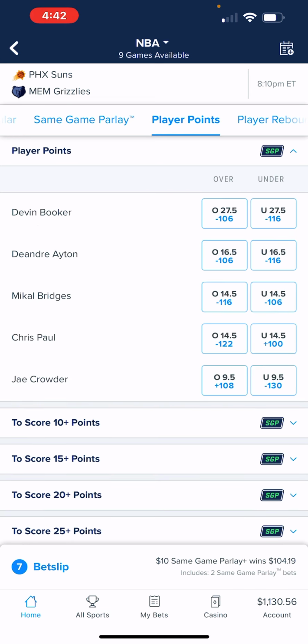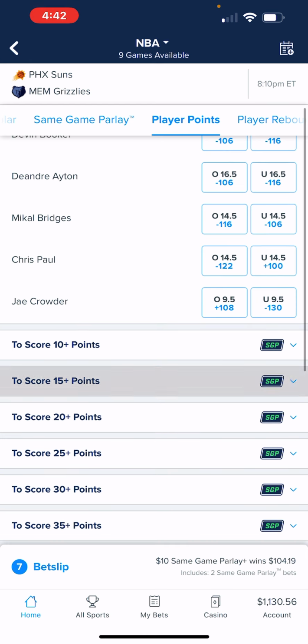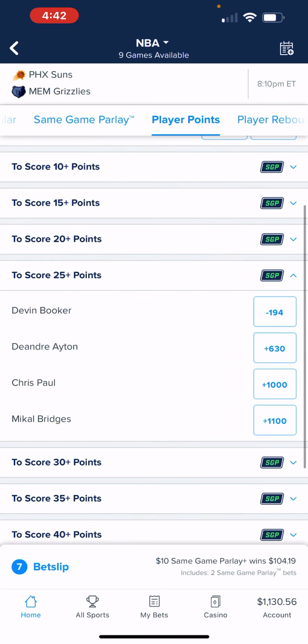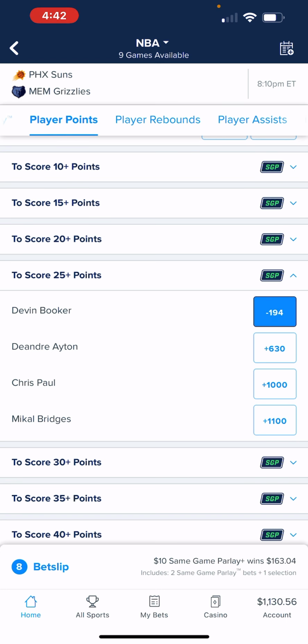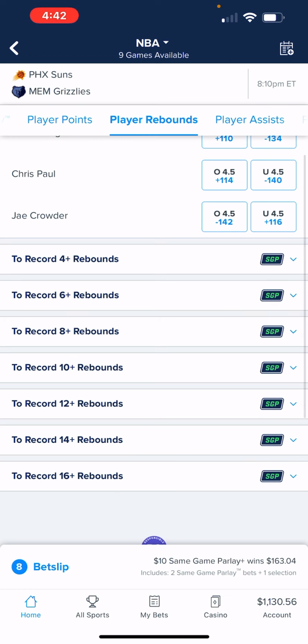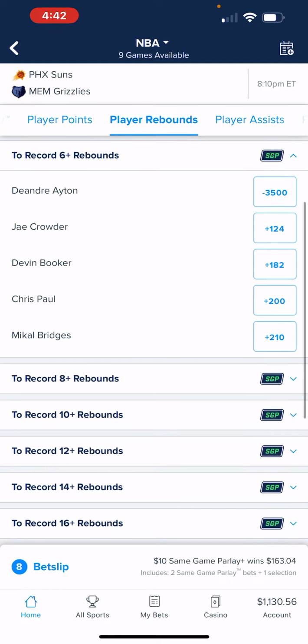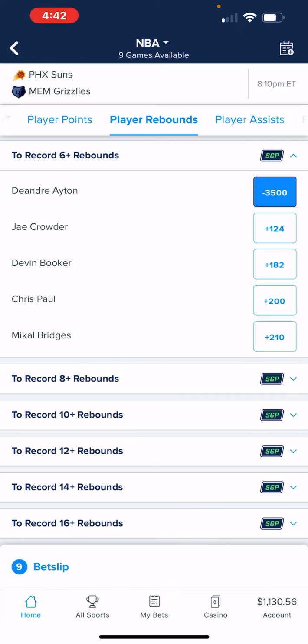For points on this one, another great scorer, Devin Booker, has been on fire this year. I'm going to put him at 25 or more points. I'm going to grab DeAndre Ayton, which is a pretty good center. He grabs a lot of rebounds. Sometimes he's iffy on rebounds because the other guards and the small forwards and the power forward grab a good amount of rebounds on his team. So sometimes he'll get 12 rebounds. Sometimes he'll hit 4, 6, 9. So I'm going to go a little bit conservative, and I'm going to put him at 6.